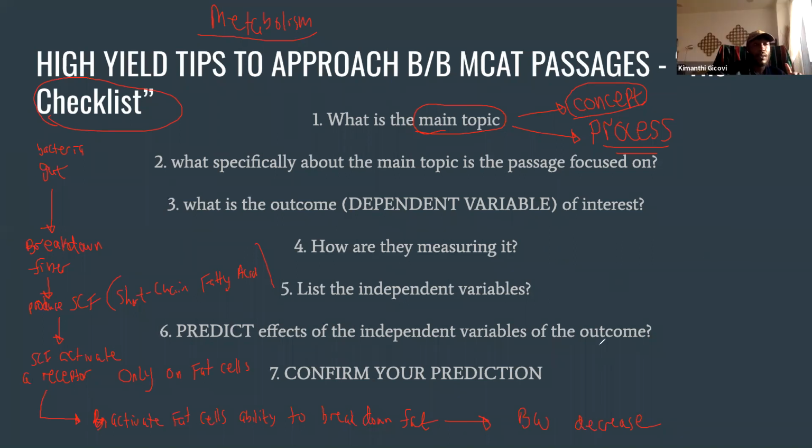Because you know what you have to do next after we've done this whole thing? We now have to figure out what the passage is specifically talking about. What specifically about the main topic are you going to focus on? Or another way of saying that is, what's the objective of the passage? So I'm going to tell you what the objective here is going to be. Why don't we focus on this receptor here? Does that sound fair? Yeah. All right, cool. Honestly, the reason I picked receptor is I figured a lot of people on the call know something about a receptor.